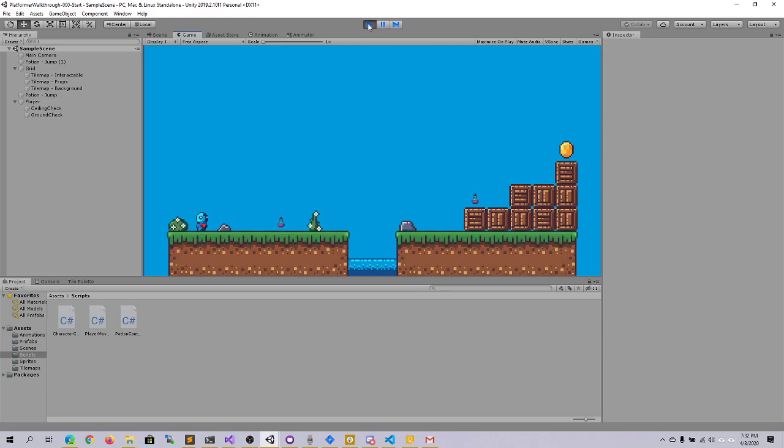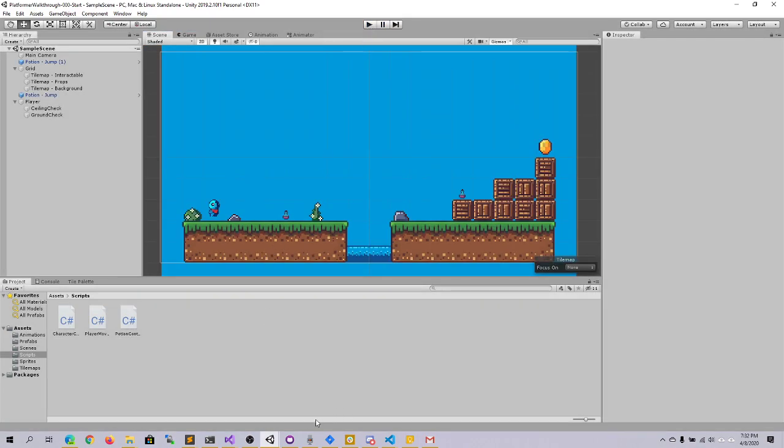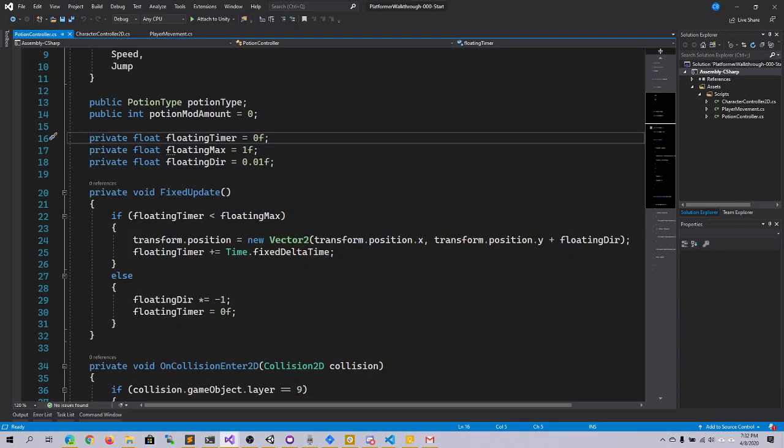come back down. And what we've done for that is we actually set it up on the script for the potion controller: a timer, which is counting current time, a max number of units, and we call it direction, but it's the increments that it's moving at and whether it's moving upwards or downwards. What happens is that the floating timer, as long as it is less than the max, we move the potion in the direction that our floating dir currently is set, whether it's positive or negative, and then we